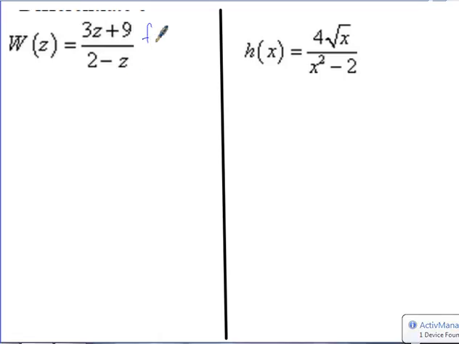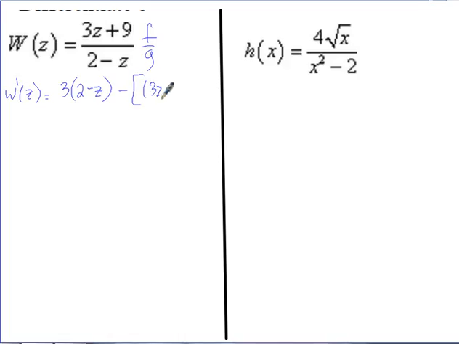Okay, so this is obviously my f, this is my g. So w prime of z here is what? 3 times (2 minus z) minus (3z plus 9) times negative 1. Very good. All of that over (2 minus z) squared. Okay, so then of course I'm going to distribute that top part, so that would give me